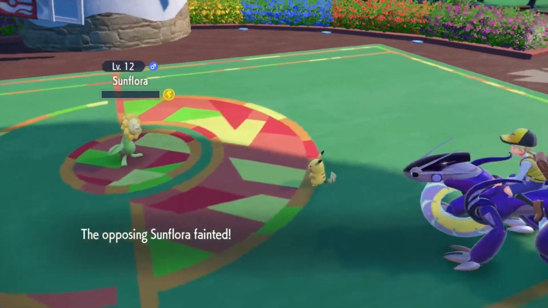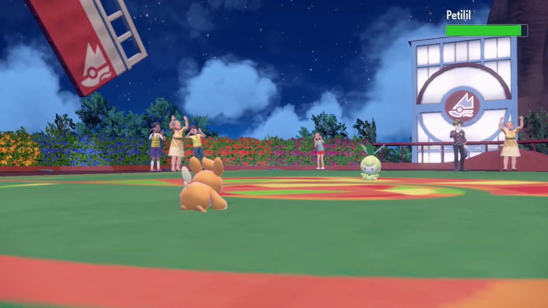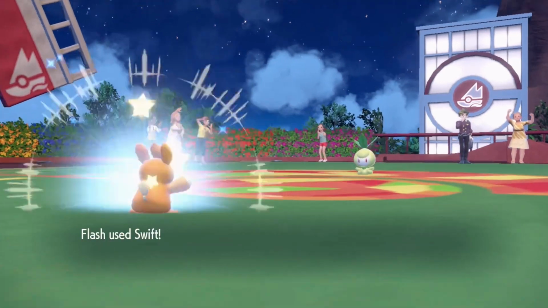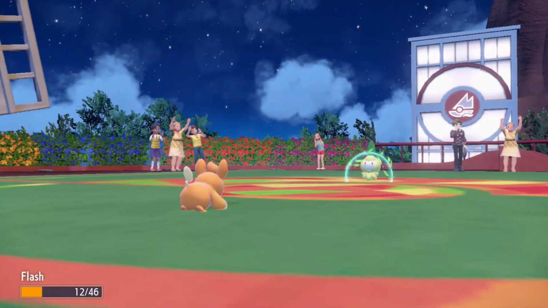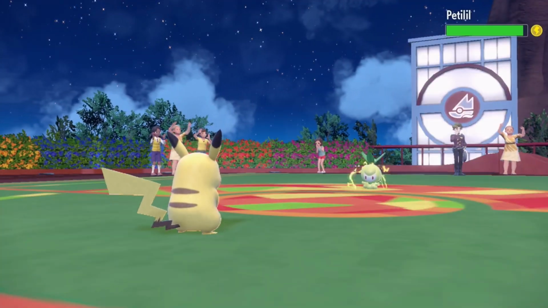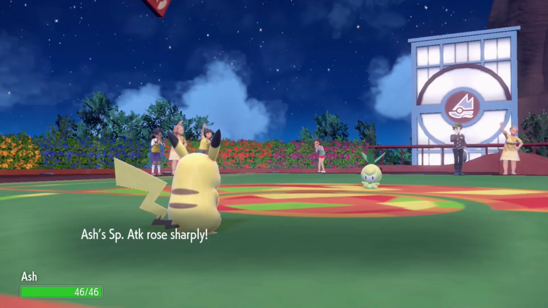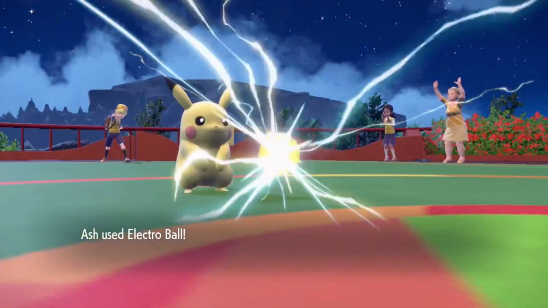this fight. I start things off with Flash against Petilil, immediately nuzzling for the para as we're Mega Drained. Now I use Swift for some chip, but another Mega Drain basically heals the grass type up, and now I bring Pikachu in as the foe is fully paralyzed. Ash now has Nasty Plot, so after getting to +2 special attack and tanking Mega Drain, we can one-shot Petilil